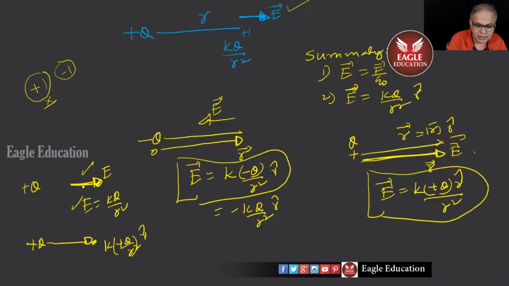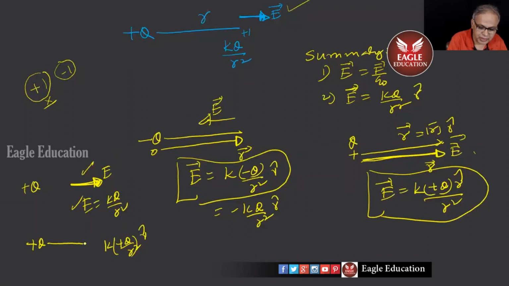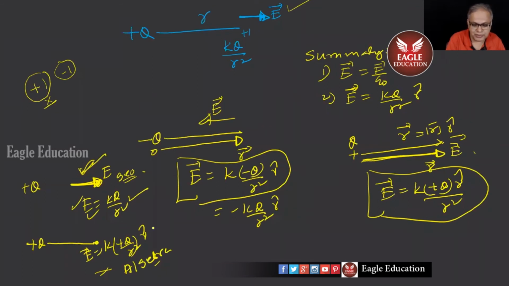I need not show the direction of E like this. I can just simply draw a line. I can simply say that at a point here, E is so much. That's all. I'm not showing the vector here. This is algebra form. This is geometrical form. In a geometrical form, I can show the vector arrow, but show the magnitude separately. So this is magnitude, this is direction. Here, magnitude and direction are together in this expression.